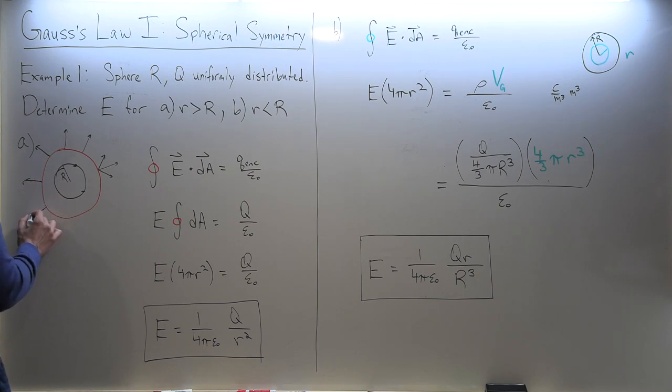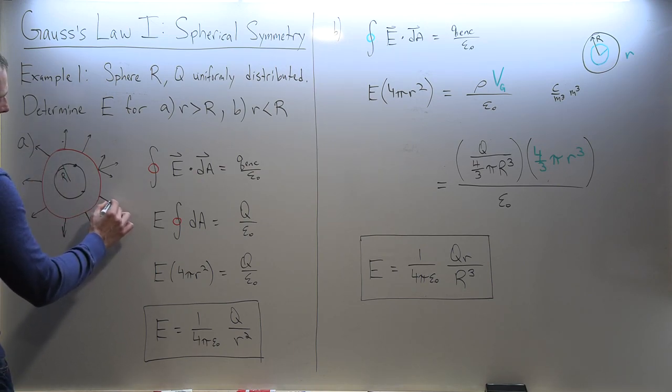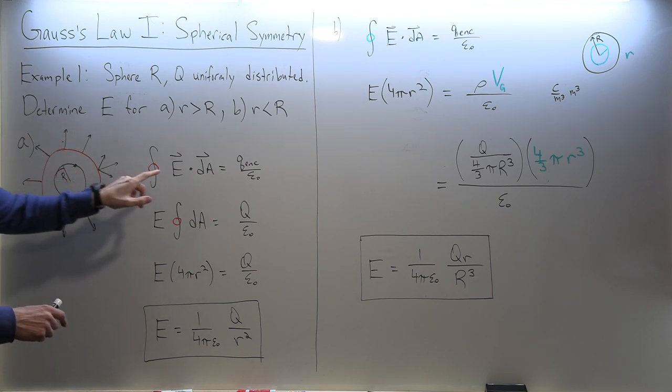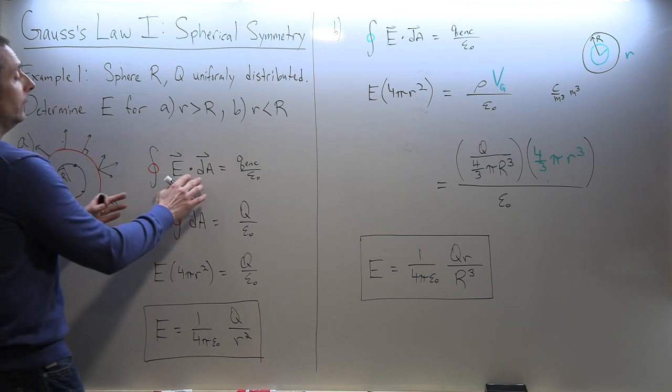And furthermore, because of the symmetry, all these electric field arrows will be the same length, even though I'm probably not drawing them the same length, I'm trying to. So they're perpendicular, same length. What that means is because these are all perpendicular and constant over the integral, first of all, the dot product